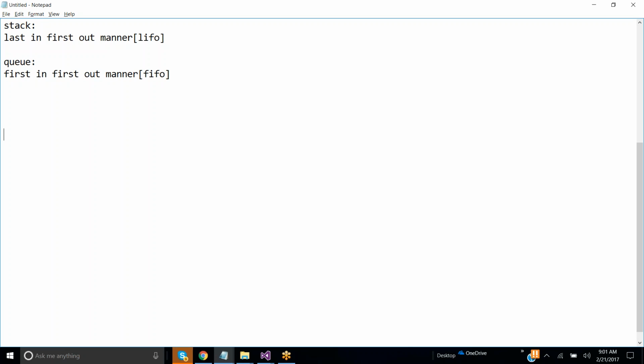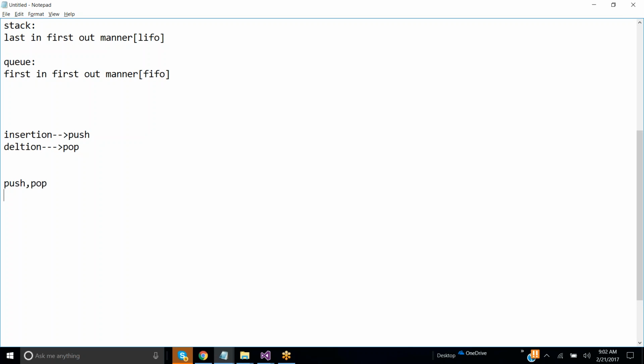Now listen, why it would be, we're going to discuss. In the stack, insertion and deletion both would be at the same end. Insertion in the sense it is a push, and deletion in the sense it's a pop. Technically we'll call it insertion and deletion, in the sense push and pop. So coming to push and pop, both would be available at the same end.